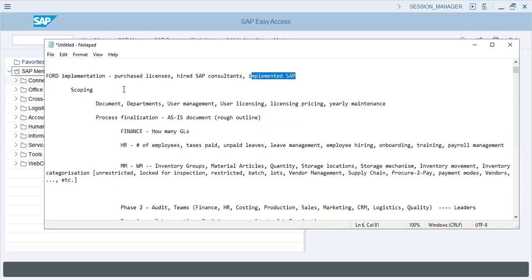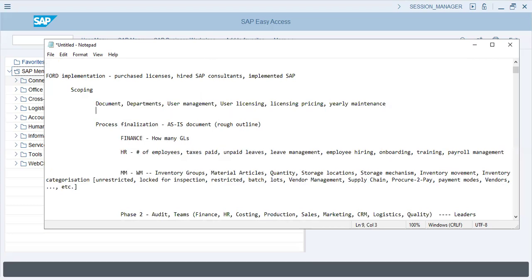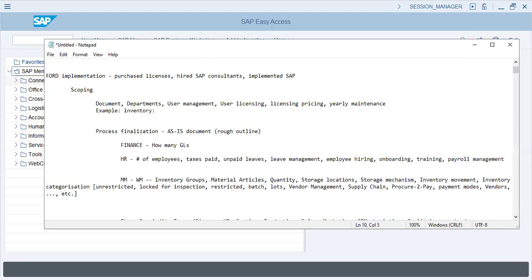Now, scoping is what? You sit down with the managers of the department, the HODs, and we document every process. Now, by process, I mean workflow. Workflow is that, for example, if I give an example over here, inventory. In inventory, of course, an automotive company like Ford will have